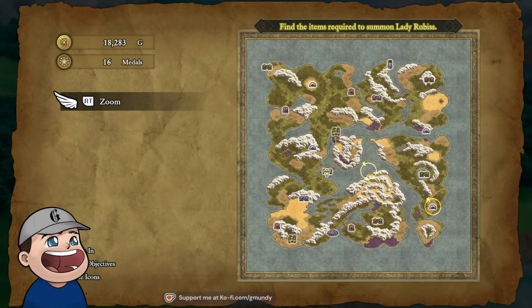Okay. Let's look at the map here. So we have not been to the southeast yet. That island there looks like South America flipped upside down. Yeah, you see it though, right? The little crag down there, the little mountain area.